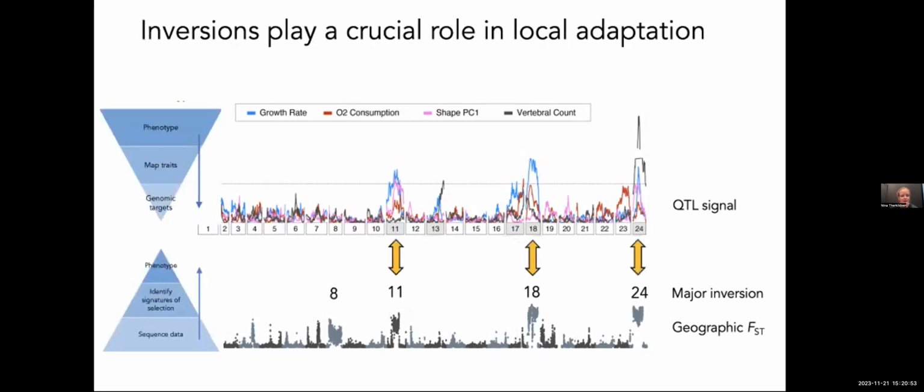So I think the big take home from this work is that both in the top-down approach, where we're mapping traits to the genome, and the bottom-up approach, where we're just looking at patterns of population sequence variation, we arrive at the same answer: that the main, the strongest signals, are found where the big inversions are. So it seems very clear that inversions play a really important role in modulating local adaptation in this species,